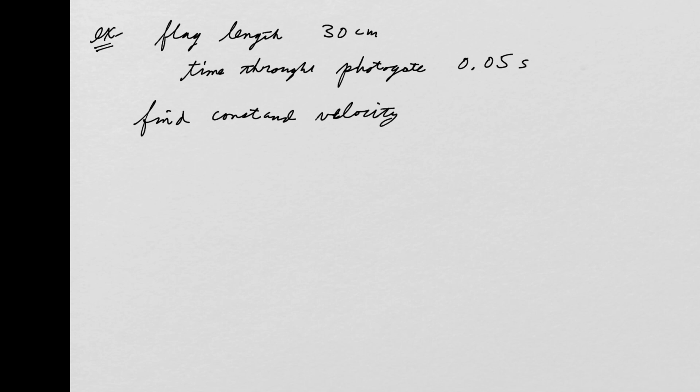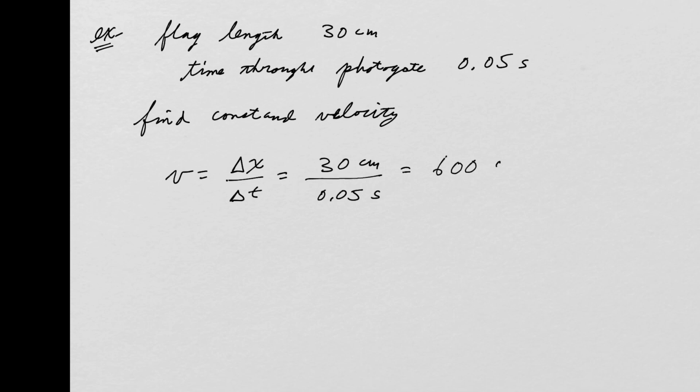Well, to do that, all you need to do, right? Velocity is really delta x over delta t. So the delta x really is our flag length. So there'd be 30 centimeters divided by 0.05 seconds. And you would work that out. I think it's like 600, but let me double check this. So 30 divided by 0.05. Yeah, this is going to be 600 centimeters per second. Okay, so if it's on a flat air track, to calculate the constant velocity, it's simply going to be the flag length divided by the time that the flag took to pass